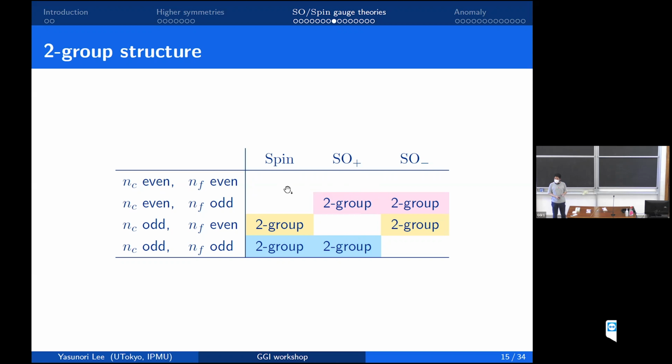But I have a question. Yes, sure, go ahead. So as you said before, a two-group is characterized by the zero-form group and the one-form group, but there's also a cohomology class. In this case, can this cohomology class only take a unique value, or are there different possibilities? Thank you.